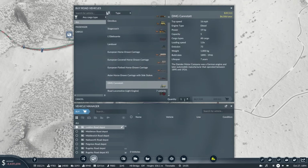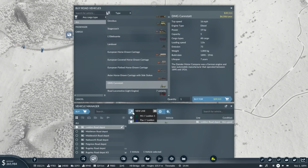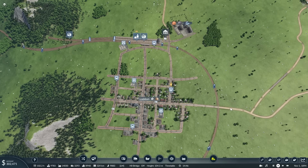Again, I don't actually know if this is even going to work right now. While my vehicles are reconfiguring themselves, we're going to have all sorts of money issues, I imagine. Come on. Mixed Loddon 1. And then...